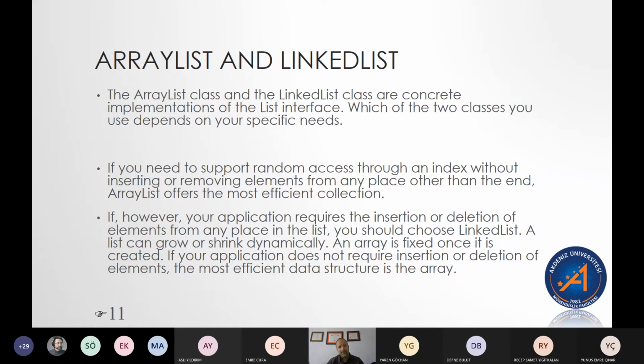So if we need to get to something quickly through an index, an array list is very efficient. But what about if we need to insert or delete things from our list? An array list,